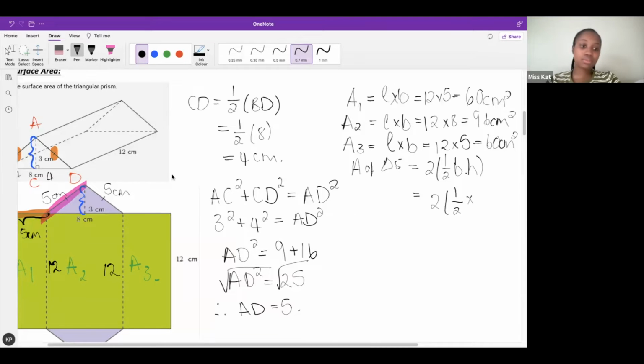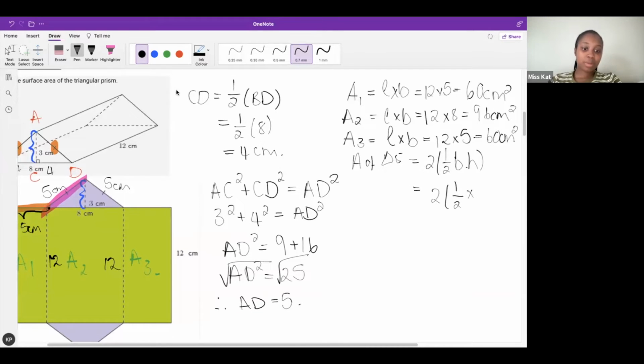What's the base for this triangle? What's my base for the triangle? For the whole triangle, Tammy, be careful. 8. There we go. 8 times my perpendicular height. Nice, Abu. Abu has already seen the cancellation of the half and the 2. 3. So then what's my answer going to be? Half of 8 times 3 times 2. How much is that? It is 24